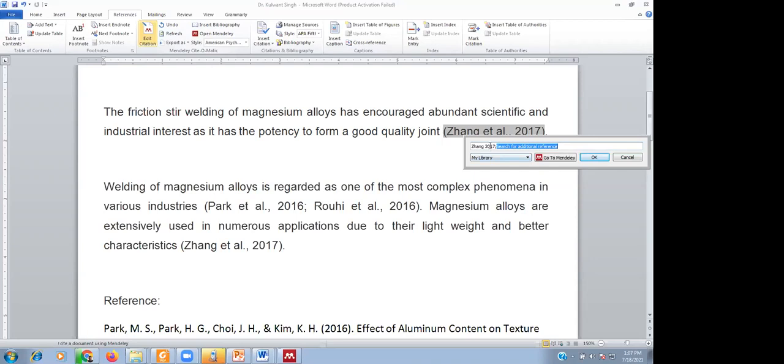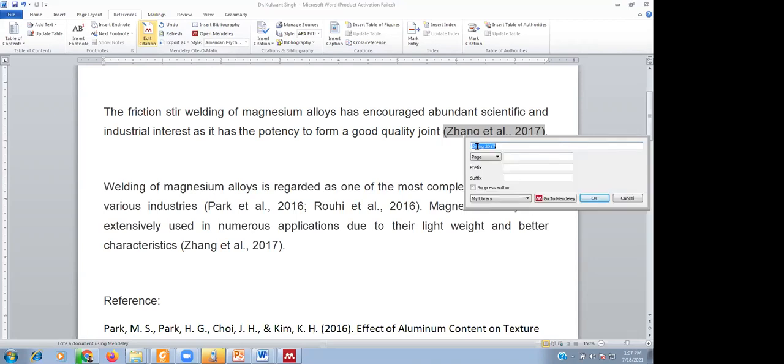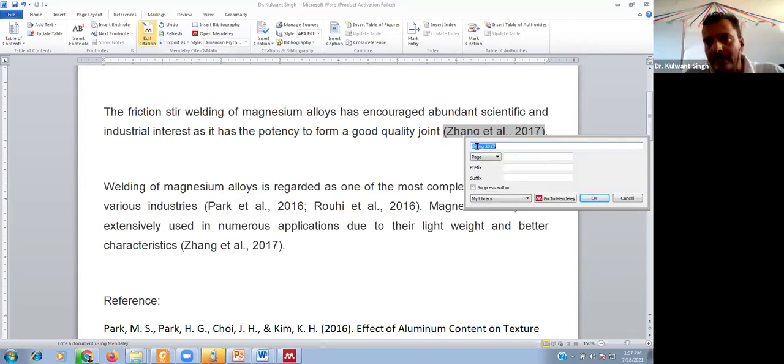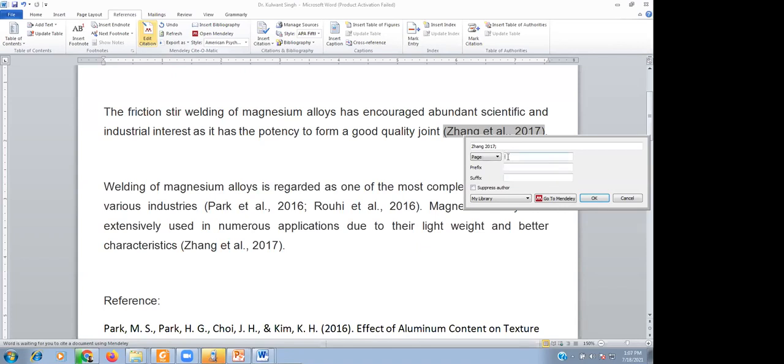So you have to just click here. When you click on the name of the author or the document, there is an option. You can add the page number, any prefix, suffix, and sometimes there is a need to suppress author. Suppress author we will discuss after your queries. You can add the page number here.